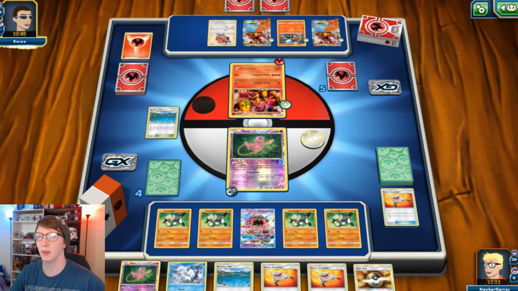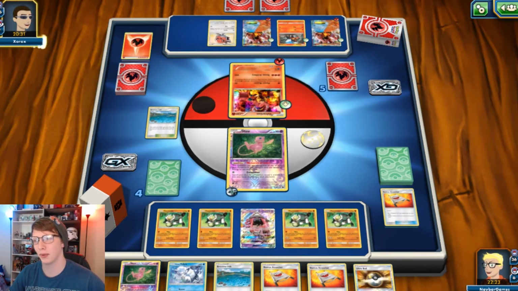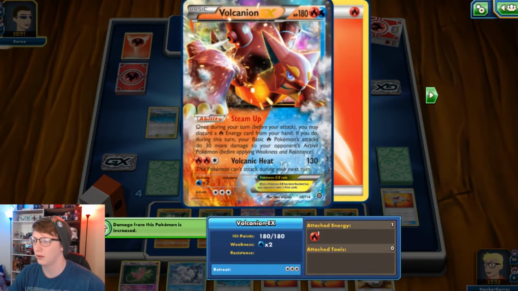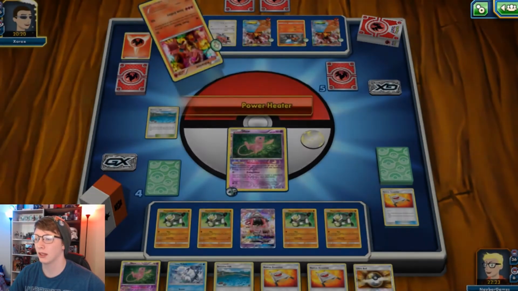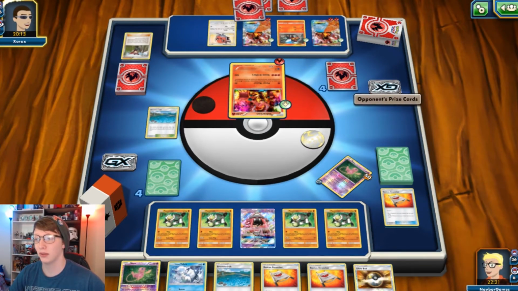I like how the Steam Up ends up affecting me as well. And I believe I can use his attacks. I don't think so. I don't know why the Steam Up would have affected me. For those of you who aren't aware, Steam Up puts 30 more damage onto your Pokemon's attack, so he gets the knockout. Again, we're tied up,